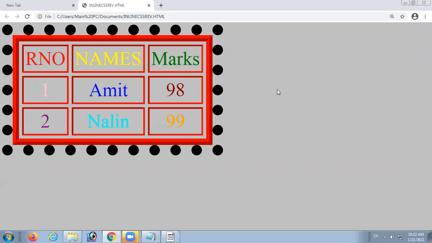You can see the dotted lining. This is the outline. The border is of red color, and outside the border, the dotted line that you are able to see, that is the outline given by the outline property.